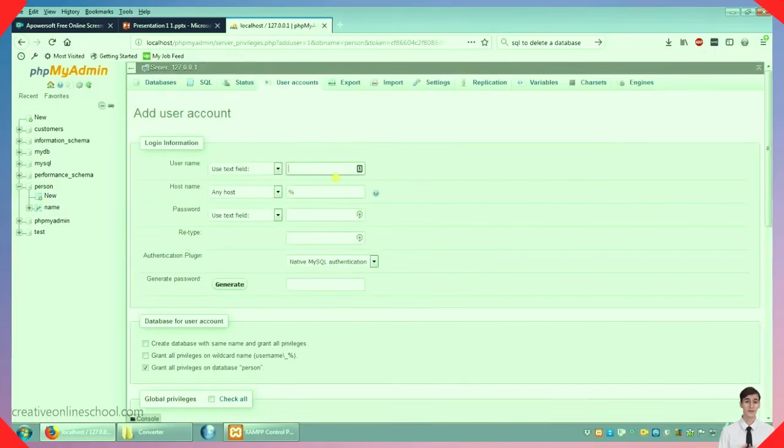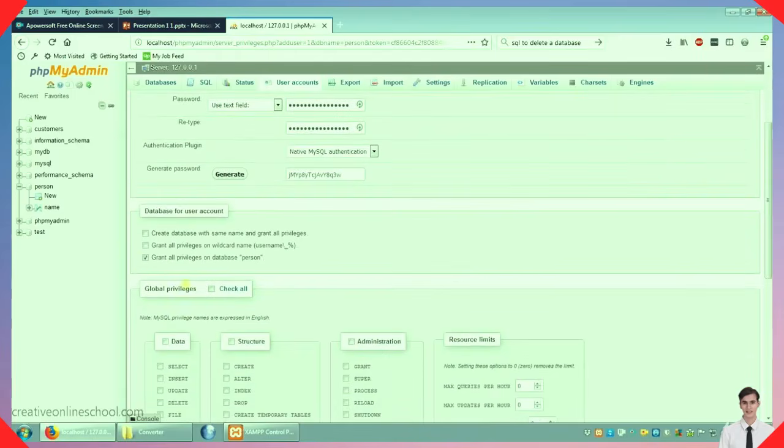Select the username. I'll name mine Justin. A percent means that you can connect from anywhere. If you have a specific location, you'll need to enter its IP. You can have a password, which you'd need to retype, but it'll also allow you to generate a random one for extra security, and we're going to do that. You can see that it's